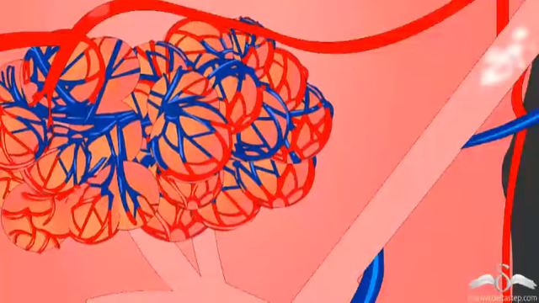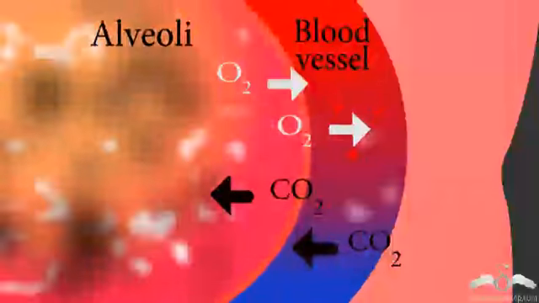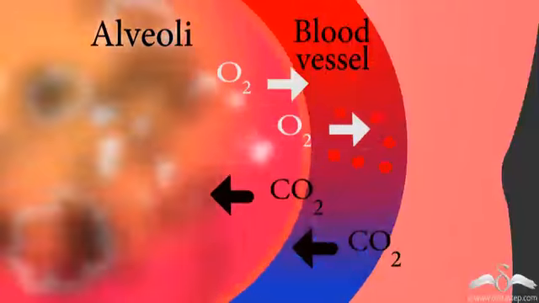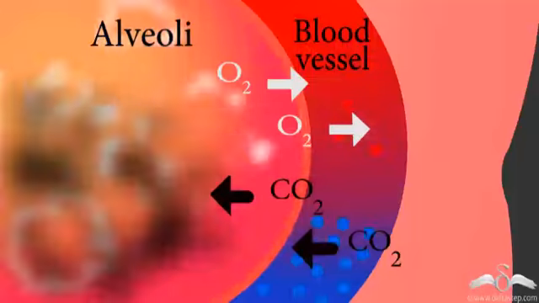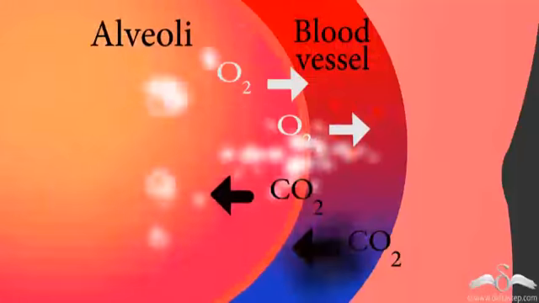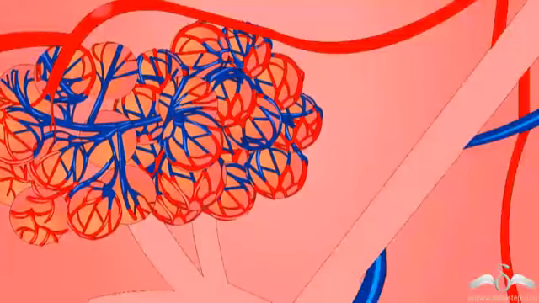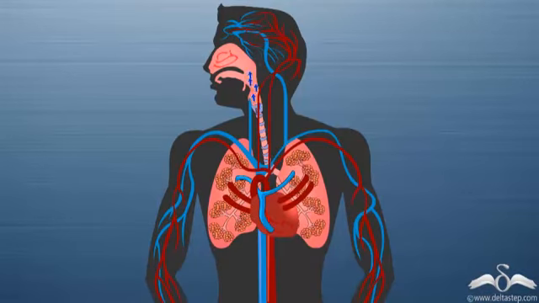Now, during inspiration, oxygen diffuses out from the alveoli into the blood vessels so that it can be transported to all the body cells, and carbon dioxide is diffusing into the alveoli. Now, this air that is now rich in carbon dioxide and present inside the alveoli is excreted out of our body through our nose.